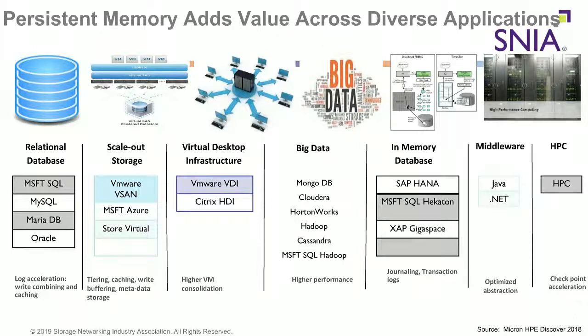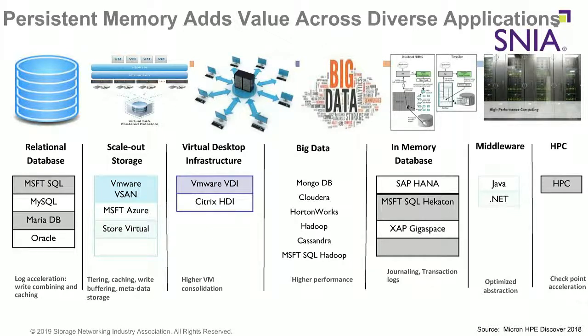Big data, MongoDB, Hadoop, all these applications can take advantage of persistent memory, especially for the metadata, because there is going to be a lot of data crunching, and you would need a bigger metadata. As the data sets and data size grow, the metadata also grows, and you would need access to this metadata at a lower latency, and NVDIMMs are a perfect product for this. We talked about in-memory databases.